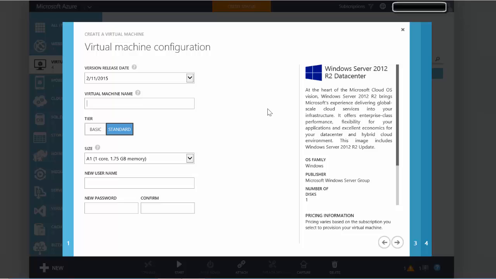And then the virtual machine name. Now the virtual machine name needs to be unique on your subscription, so we'll call this test MGB1. Now, one of the big decisions you have to make when creating a virtual machine is